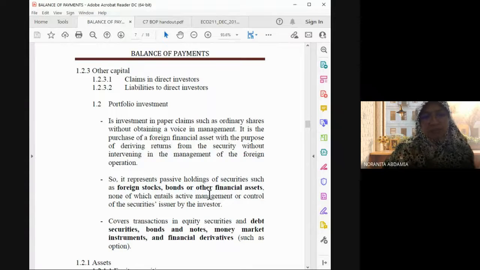But you do not intervene in their management. Say you buy Nestle shares. No matter how many units you buy, you do not interfere in the administration and management of Nestle. That is what portfolio investment means. You just buy the share, something that refers to the portfolio regarding a big company, shares and so on. Right? So of course this is a covered transaction.